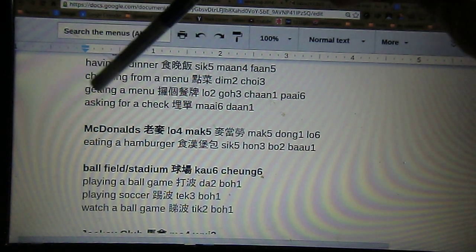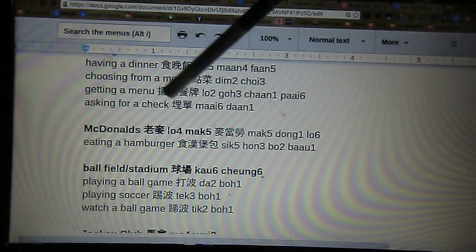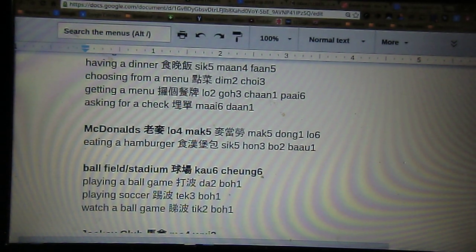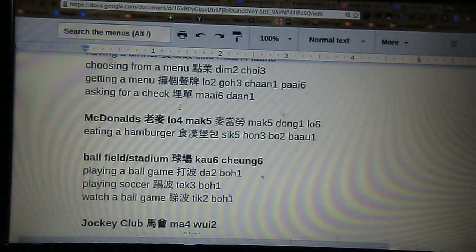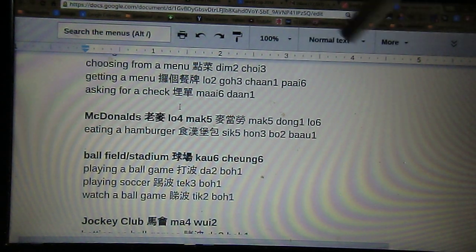And then to get the menu is 攞餐牌. 個 here is the quantifying unit. 攞個餐牌嚟啊，唔該。To bring a menu to here, please. 攞個餐牌嚟啊，唔該。